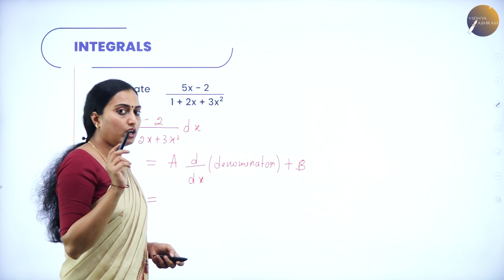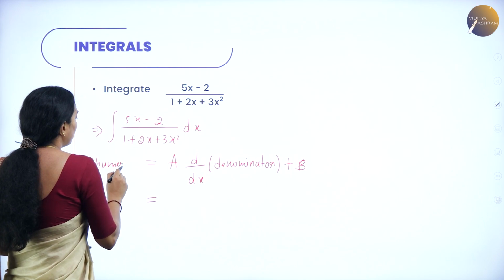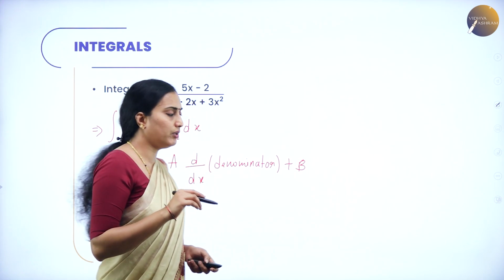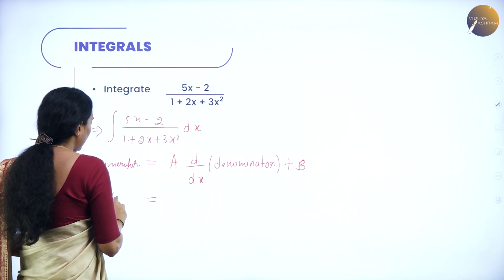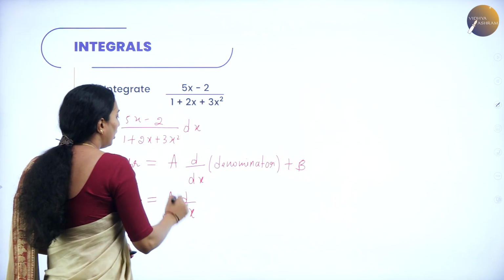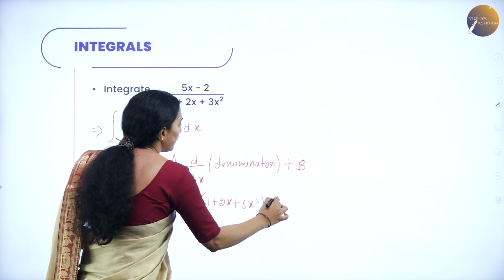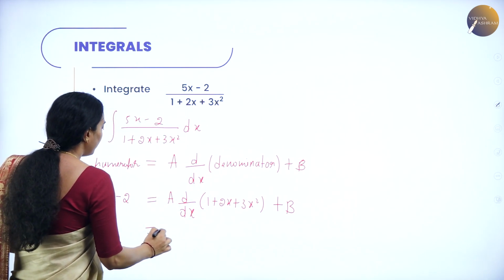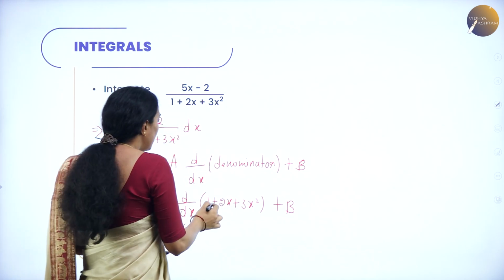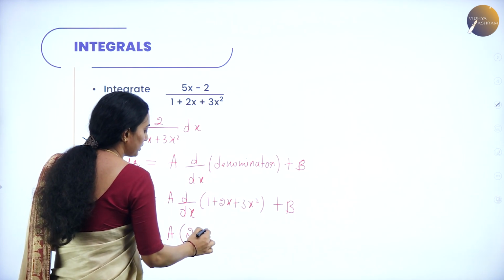When the denominator is not in the form of the numerator's differentiation, we write the numerator as a into d by dx of the denominator plus b. The numerator is given here as 5x minus 2, equals a into d by dx of the denominator, where the denominator is 1 plus 2x plus 3x squared, plus b. Now a into d by dx of this: 1 differentiates to 0, 2x differentiates to 2, and 3x squared differentiates to 3 into 2x, which is 6x,